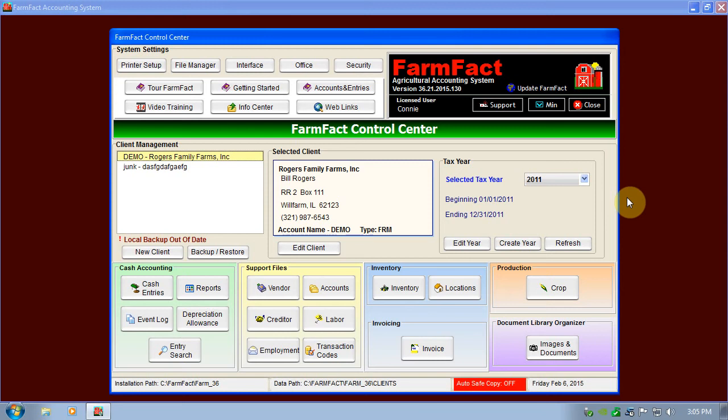This is the cash accounting segment of our demonstration series, and we're going to just focus on cash entries with this one, just as a demonstration. That is probably the most popular question we get at the farm show, is how hard is it to make an entry into FarmFact? One thing I want to reinforce or show you very briefly before we go into the